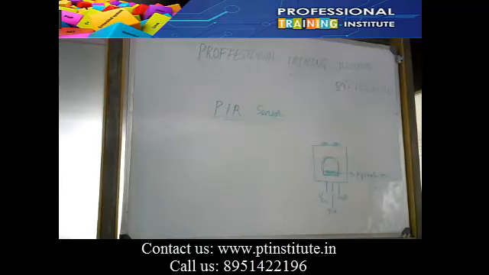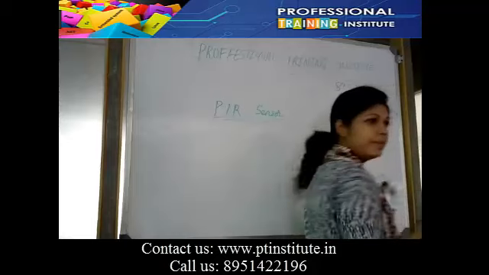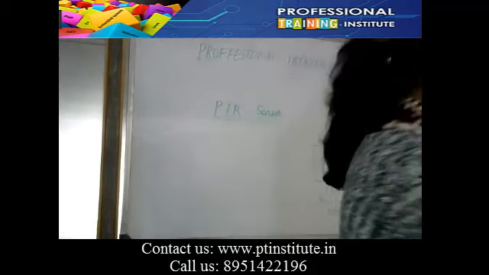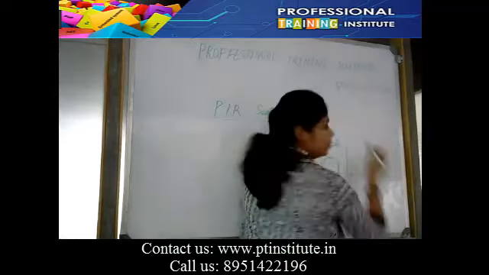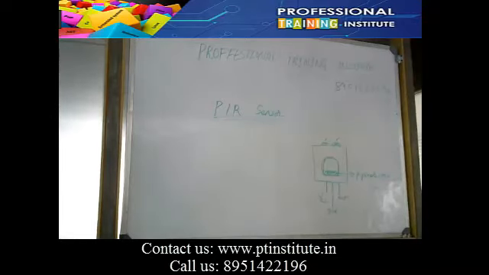There is a cap over the surface, this white cap. Inside that, they have molded this pyroelectric metal. It will absorb IR radiation and convert it into electrical signals. I said there are two variable resistances, this one and this one. Can you see the two orange ones? One is for the sensitivity of that material, and one is for the range.